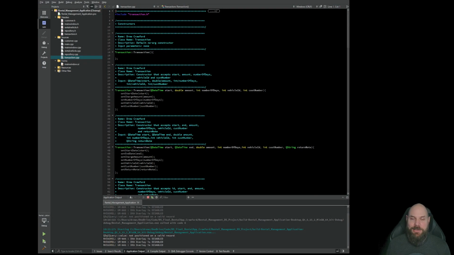So the idea of this project is a car rental management system. It's going to allow you to enter customer data, to rent cars to them, and then also return cars,